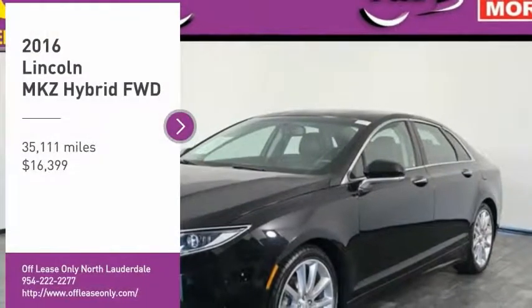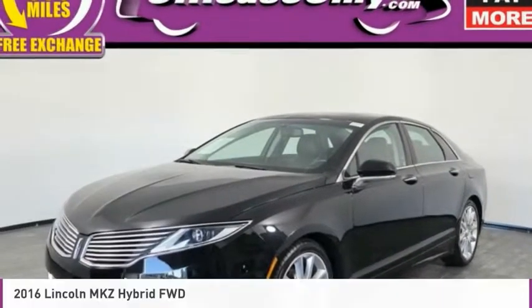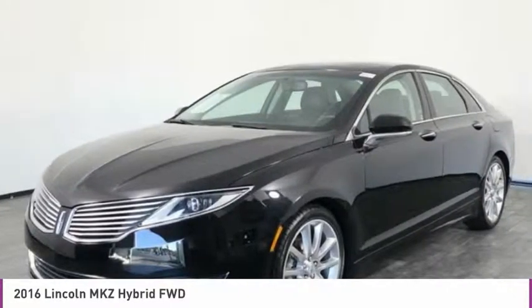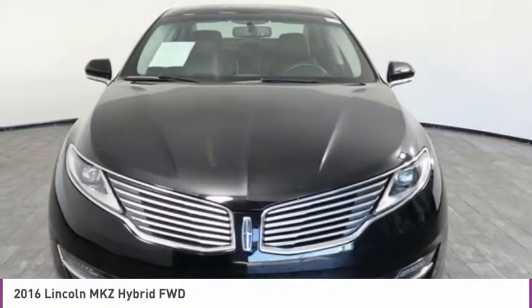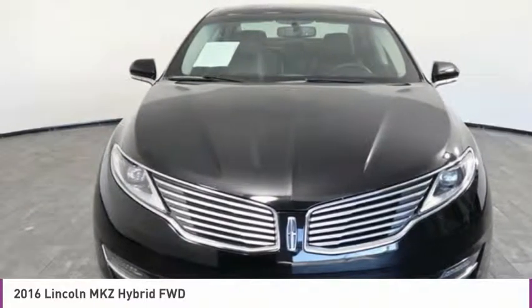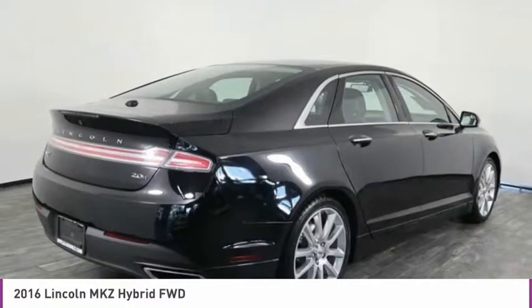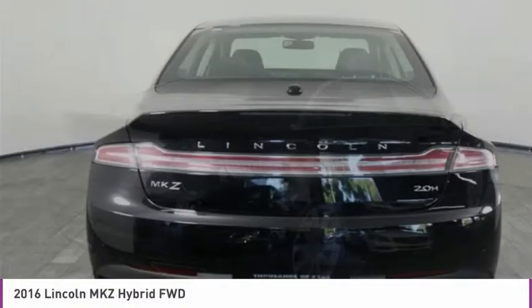Come test drive the 2016 Lincoln MKZ. With sharp angles, sleek lines, and a sculpted body, the Lincoln MKZ has an impressive stance and a dynamic design. Add that to the clean, modern interior with standard features including rich leather, exotic wood, and a sophisticated assistant that